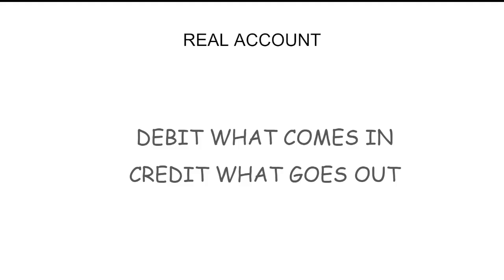So for business, real account is for assets, so whatever assets are coming in, you have to give debit, and whatever assets are going out, you have to give credit. So if I am, suppose, buying furniture, I'll have to give debit to the furniture because furniture is coming in, but at the same time maybe I'm paying cash for that, so cash is also an asset which is also a real account, so it is going out, so I have to give credit. Here furniture is coming in and I'm paying cash for that, so cash is going out, so the rule credit what goes out will be applicable. So wherever you have any assets, you will apply this rule.